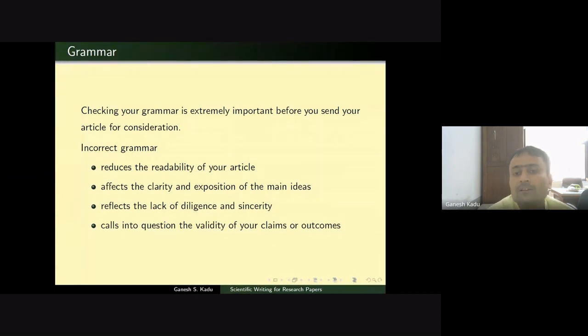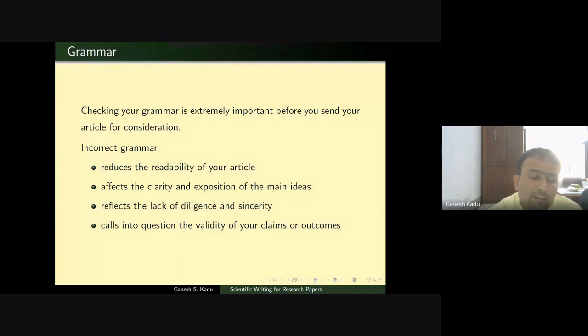Like I said, people don't expect you to be very good at English, but some basic mistakes have to be avoided, like, say for instance, taking care of articles a and the, right? If you don't use them properly, then that means you are not sincere about your writing. And what happens as a result of that is that it calls into question the validity of your claims, meaning